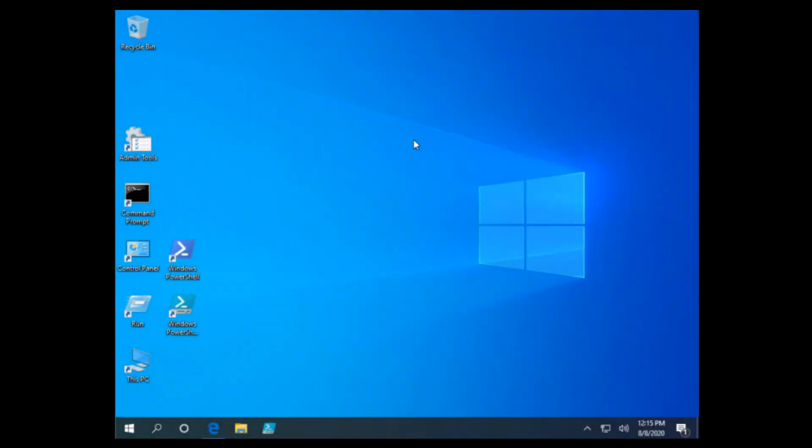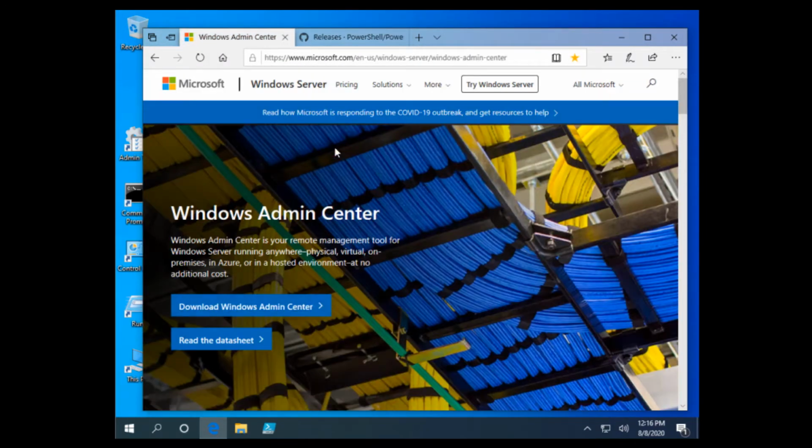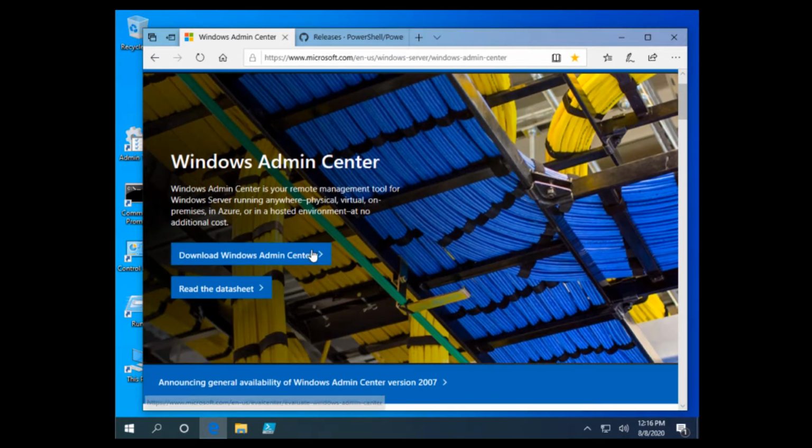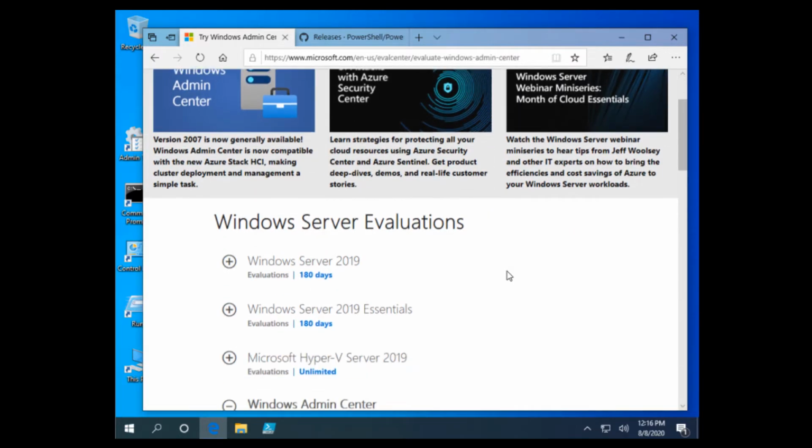So we need to download a couple of pieces of software. We want to upgrade PowerShell on our core server, so we need to download the MSI for that. And then to get that onto our core server, we're going to have to use PowerShell on our Windows 10 management workstation, okay? And also we want to download the Windows Admin Center, okay? So if you just Google for those, first thing I'll do is grab the Admin Center, and I just Googled Windows Admin Center to grab the latest and the greatest. And it's a tool that is in development. They're constantly adding things to it and making changes, but